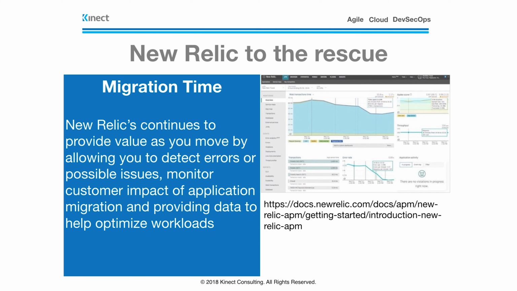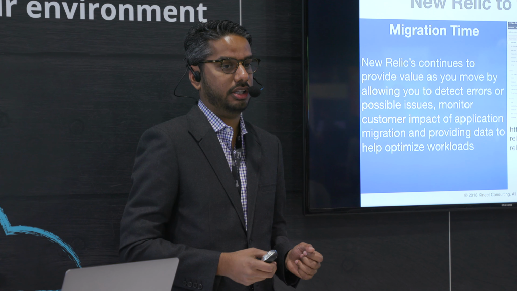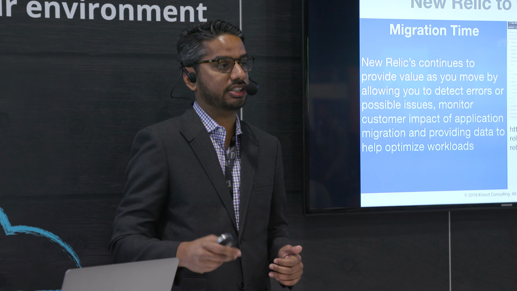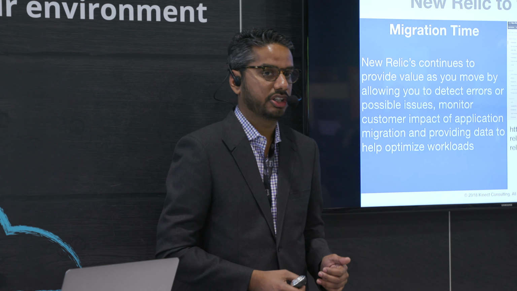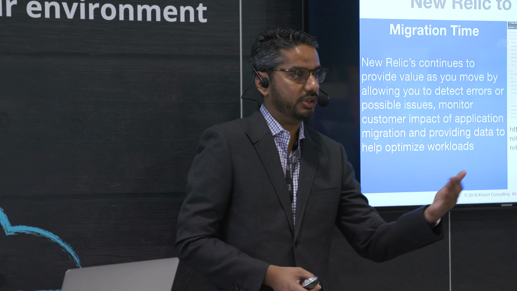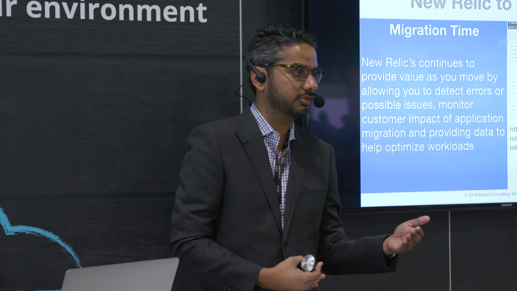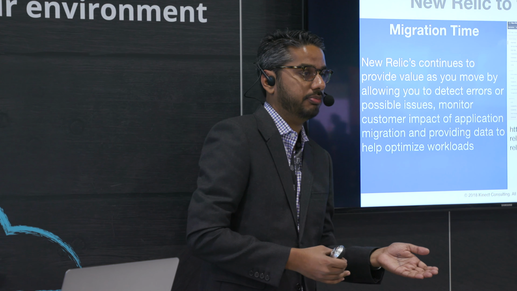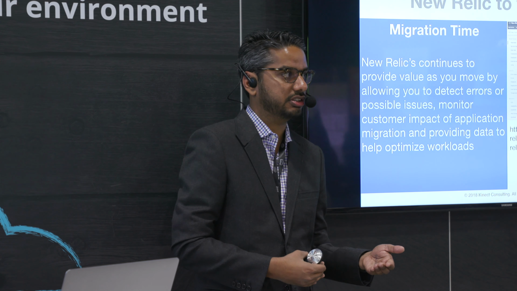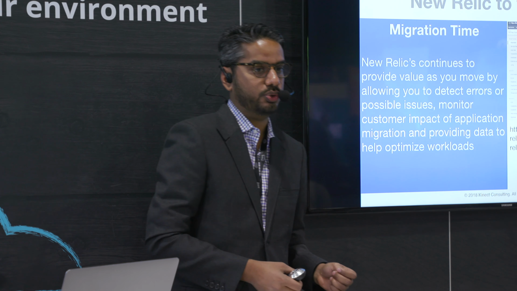At migration time, I can build a dashboard that's showing me the current performance of the application, and as I migrate it, I can see how that application is performing in the cloud. Now, we're all human, and I make tons of mistakes. I might have forgotten to open up a firewall to allow external access to an API that's needed. As I start moving customers to that, in New Relic, I'll start seeing those errors pile up, and I can